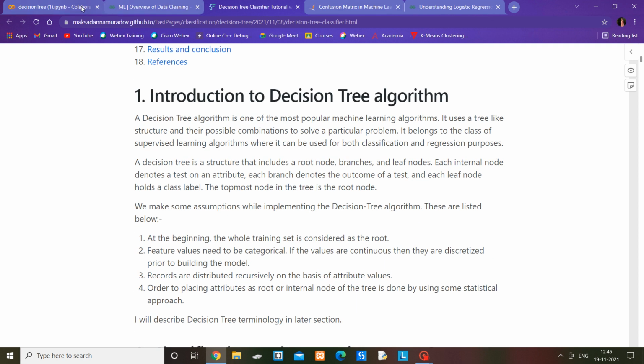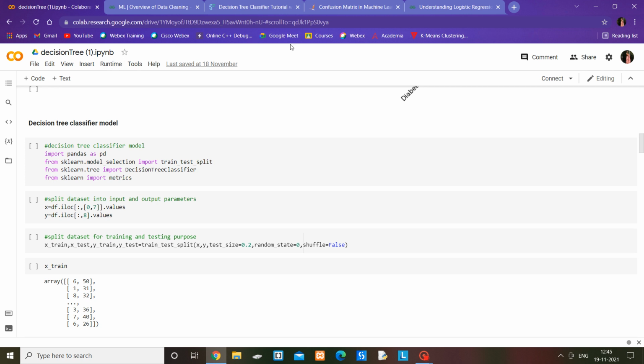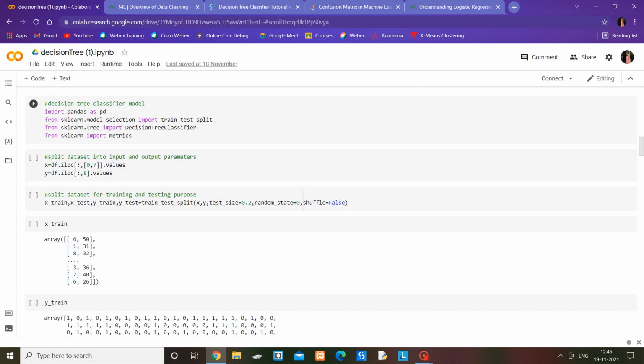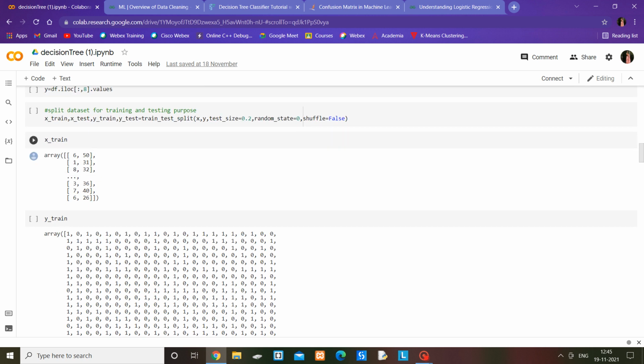So let's implement the decision tree classifier model. Here we import the pandas library which is required in the program. We also split the database. Here we are splitting the database using a list. The colon indicates the start of the range, and there we can set the values 0 to 7. Here it extracts the values from 0 to 7, and the target is column 8. Then we split the database for the testing process. Here we have X train and Y train.